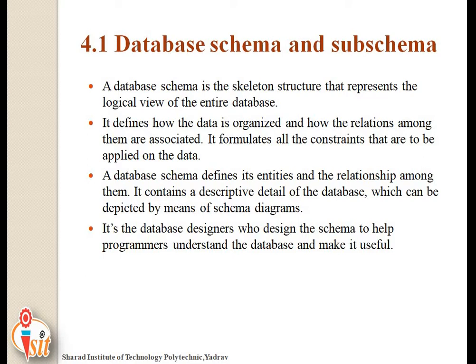After that, relation instance. We will also see relation instance in this chapter in detail. A relation instance is a finite set of tuples in the RDBMS system. A relation instance never has duplicate tuples. After that, relation key. In a relation, every row has one, two or more attributes which are called the relation key. And the last but not least concept of the relational model is attribute domain. Every attribute has some predefined value and scope which is known as the attribute domain.